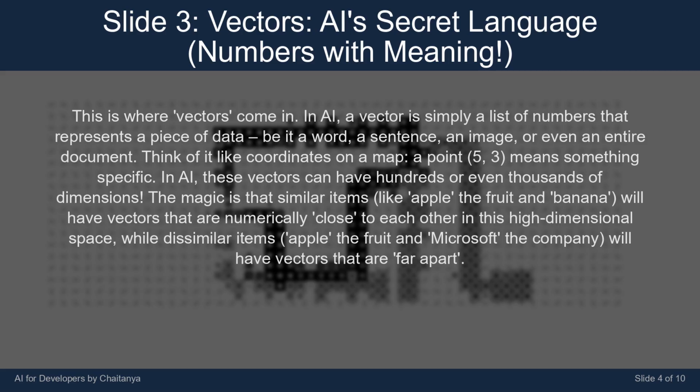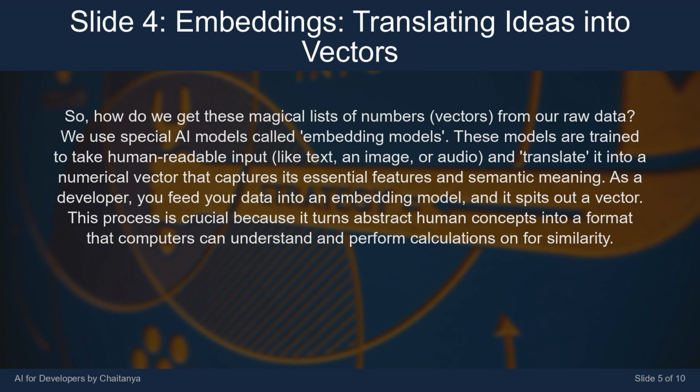are far apart. So, how do we get these magical lists of numbers, vectors, from our raw data? We use special AI models called embedding models. These models are trained to take human-readable input, like text, an image, or audio, and translate it into a numerical vector that captures its essential features and semantic meaning. As a developer, you feed your data into an embedding model, and it spits out a vector. This process is crucial because it turns abstract human concepts into a format that computers can understand and perform calculations